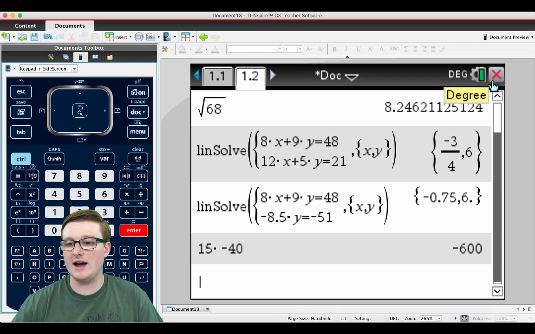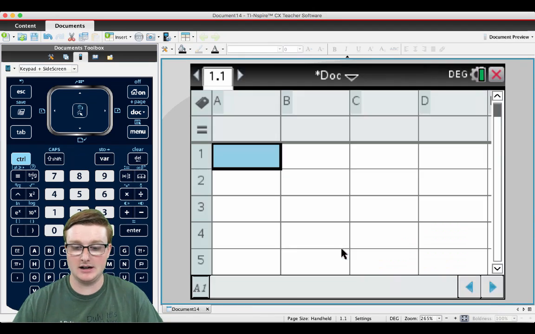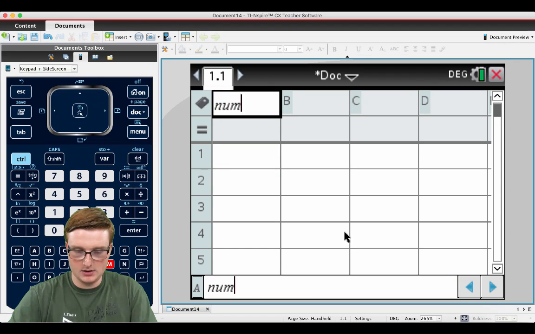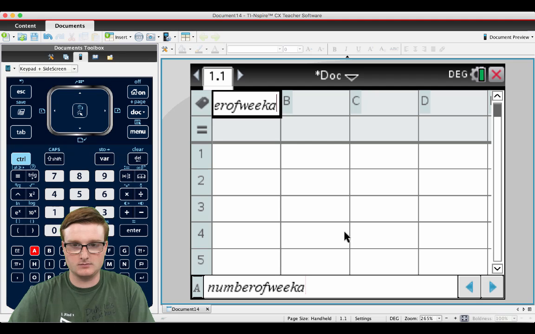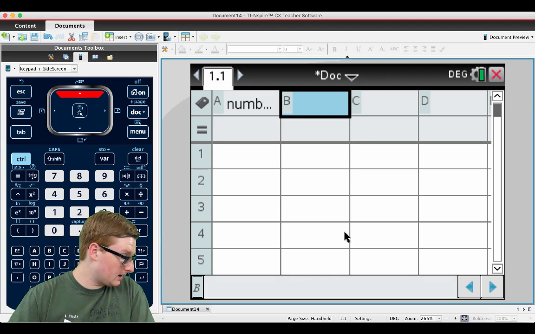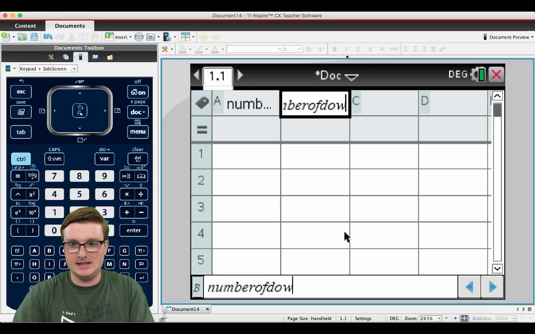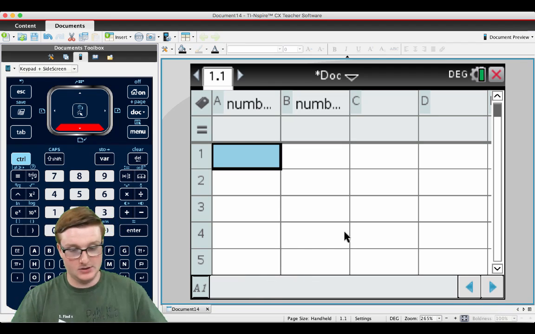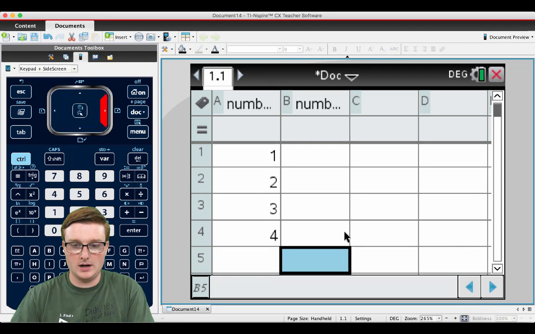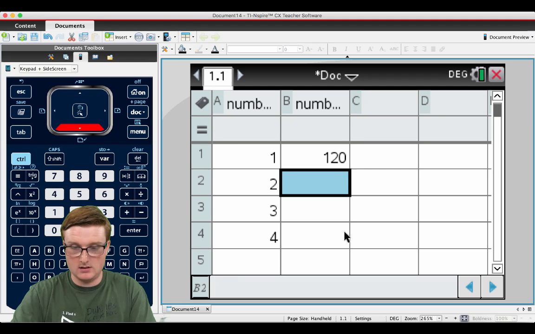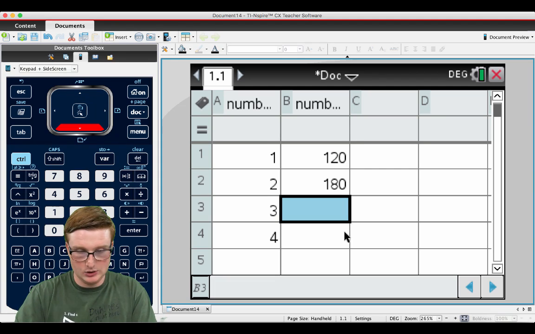If I go back to my graphing calculator, and I go to lists and spreadsheets, and I click here and say number of weeks, and I click on the next column and type in number of downloads, and I type in these numbers. So 1, 2, 3, 4, and 120, 180, 270,